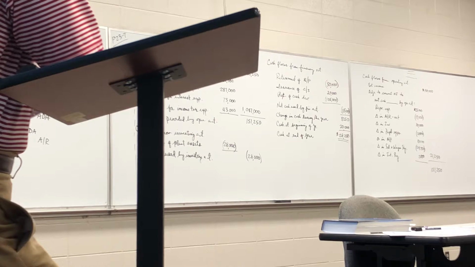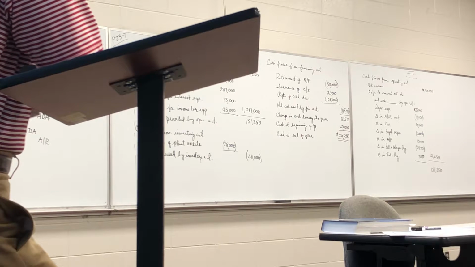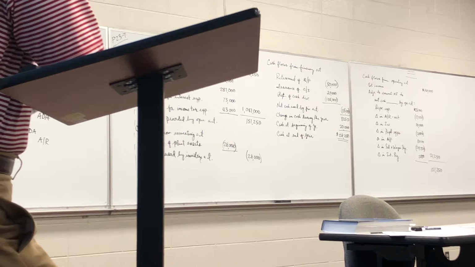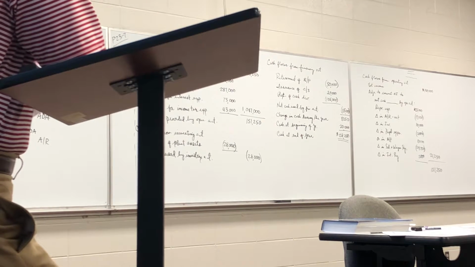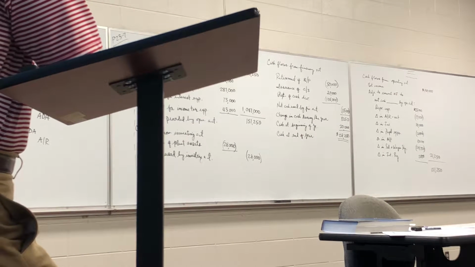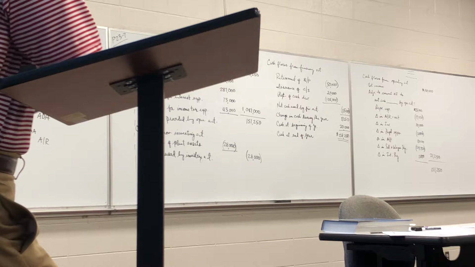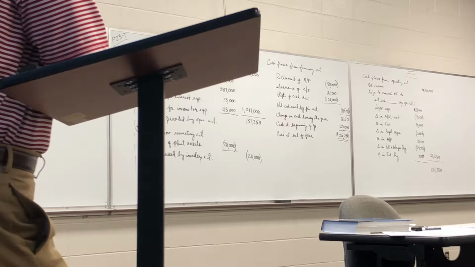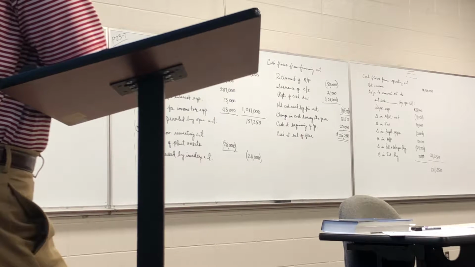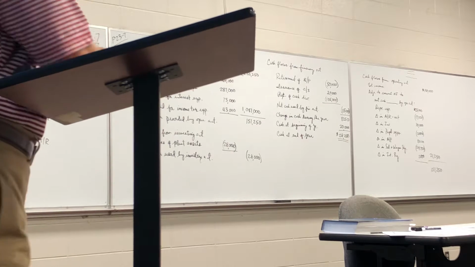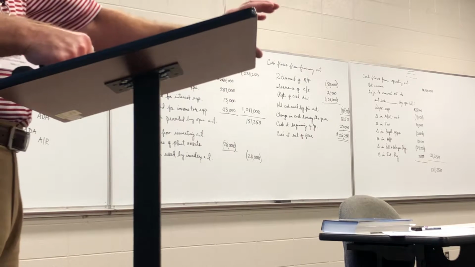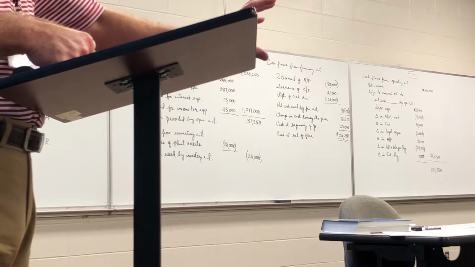So if I'm using last in, first out, I'll be using all of my high priced inventory. So my inventory's overall value will be lower over the long term, because my pricing is going to continue to rise. If I'm on LIFO, in a period of rising prices, over time my inventory is going to be stated